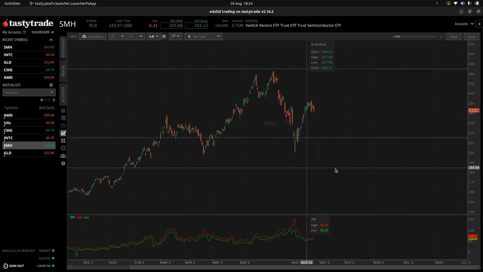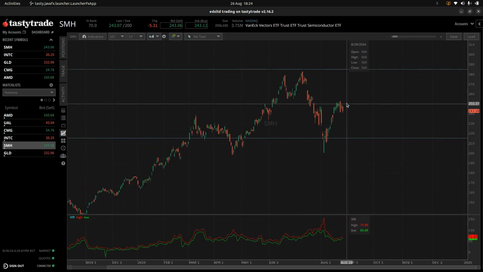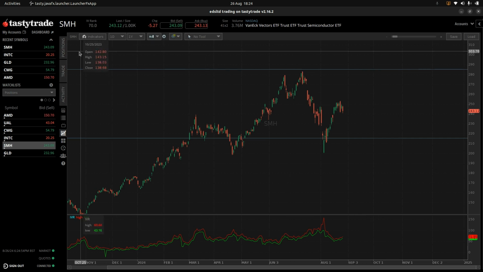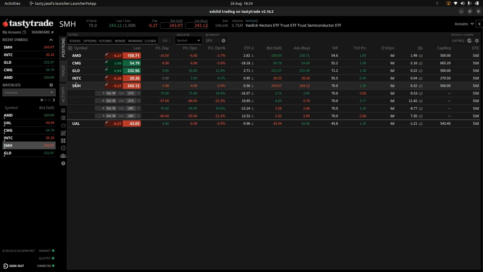So if we look back at the chart, we can see we are well within the range. We've got nothing to worry about. It's simply just a case of sitting on our hands and letting volatility contract and letting theta decay the value of the contract. So with SMH, again, it's the same thing,